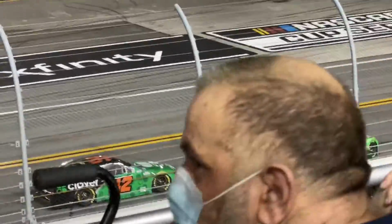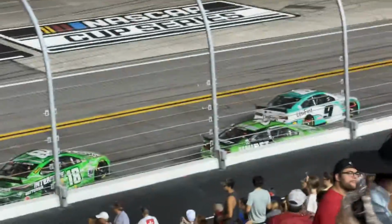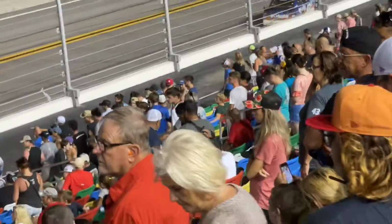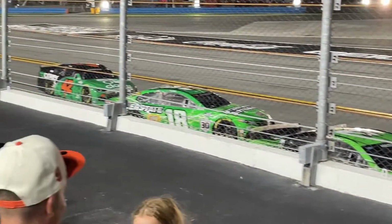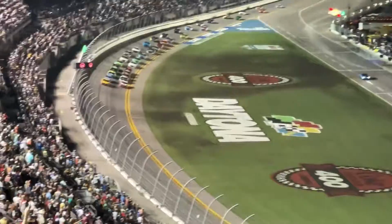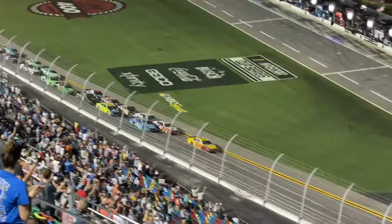So again, just looking on pit road, William Byron, his car getting the push from the tow truck. They're actually going to make that left-hand turn underneath the Rolex sign and try to push that car. The moves at the beginning are going to be getting bigger and bigger. Drivers are going to be getting more bold. They're going to be pushing harder, not cutting any slack. The green flag is back in the air. Logano will get away in the middle of the